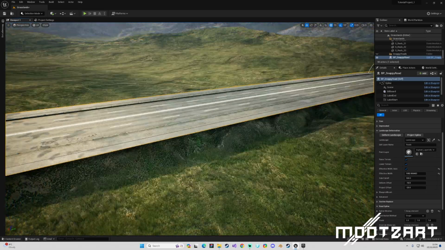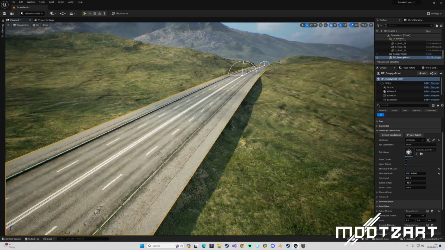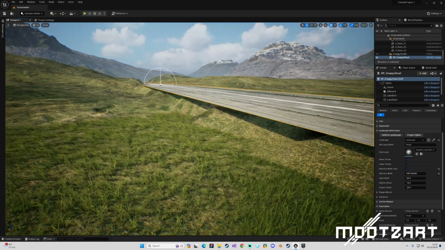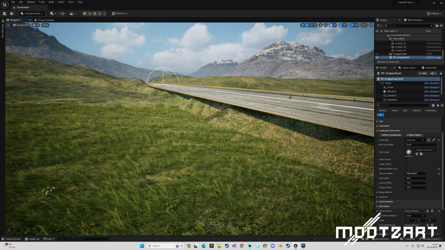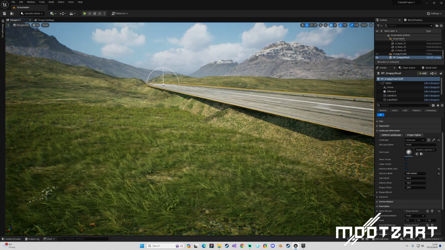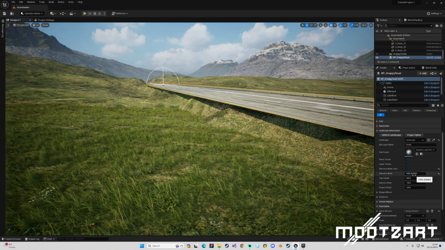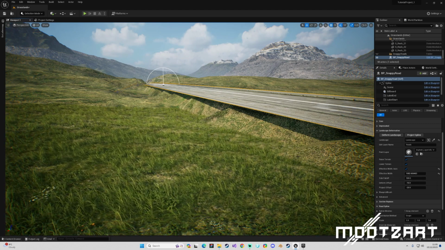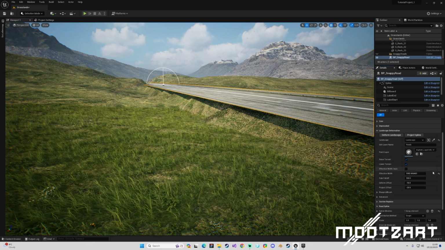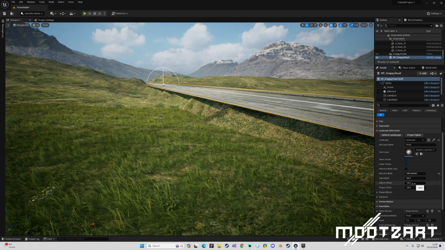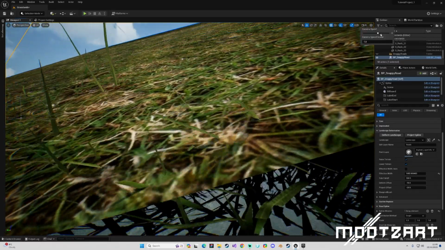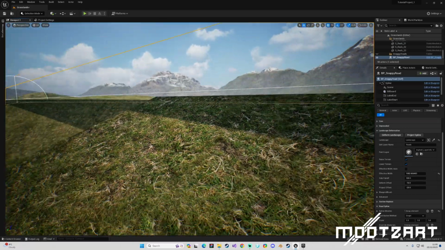So basically, when we're looking at this mesh, the mesh itself is made up of the road and then the curb, and then that's a little bit of extra distance. So this width seems to be the road as opposed to the curb. So what I've found is that some of these values need to be exaggerated a little bit, and the deform offset, let me go real slow, the deform offset